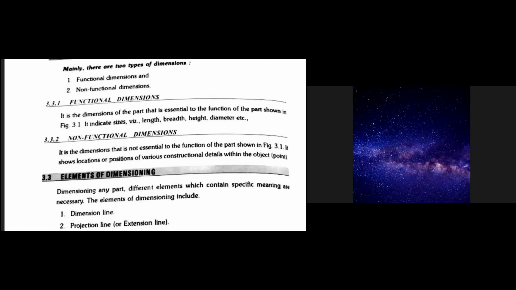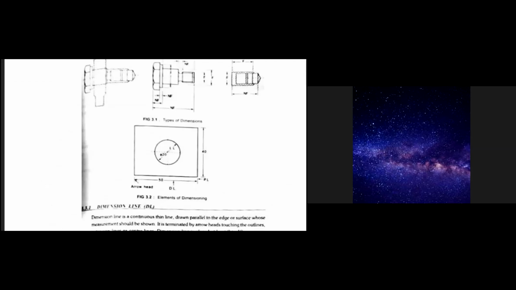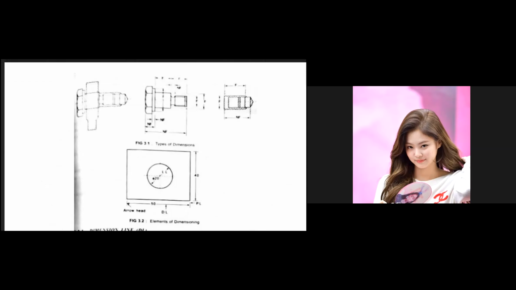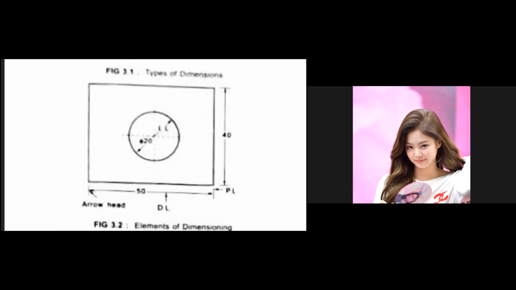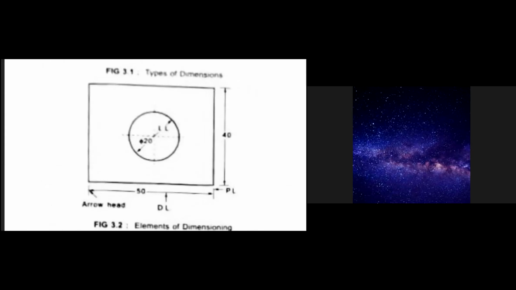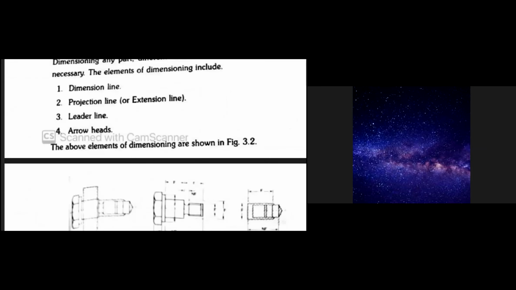Okay, see here. In this figure, this 50 mm is a numerical value. So this numerical value we can measure as the linear measurement from one end to the other end, and we can express it in terms of a numerical value. This numerical value is the length of that line, that is the dimension of that line. So that is the definition of dimensioning.